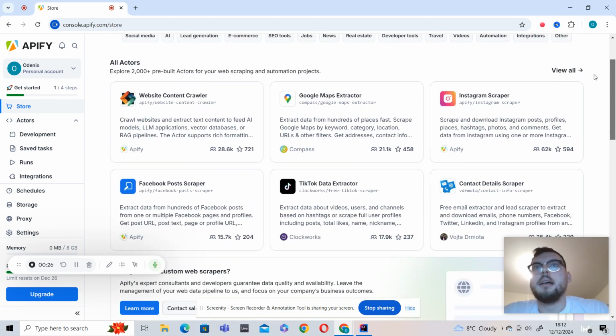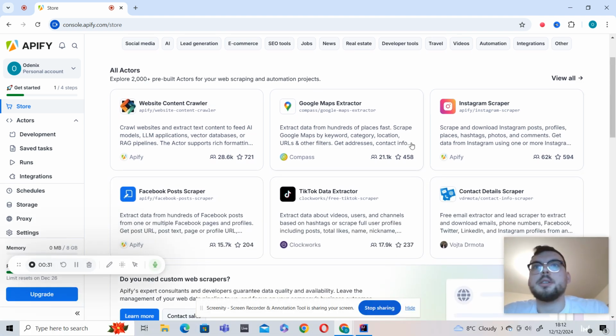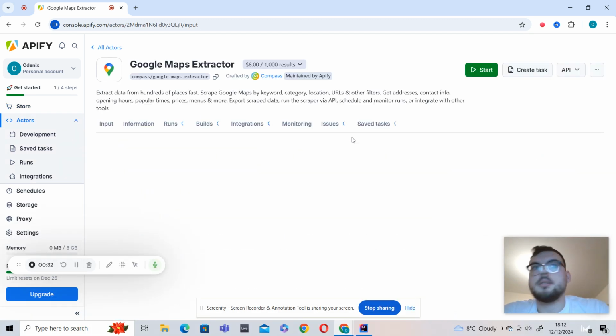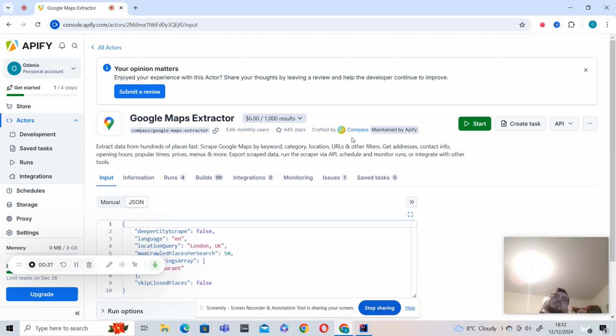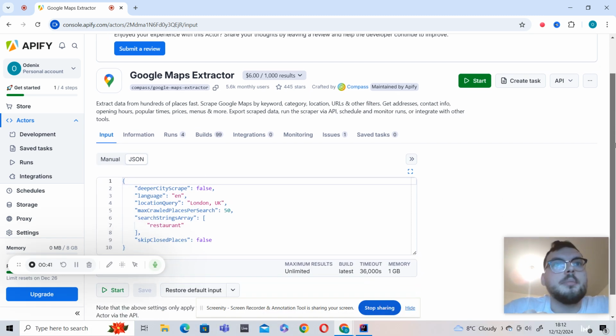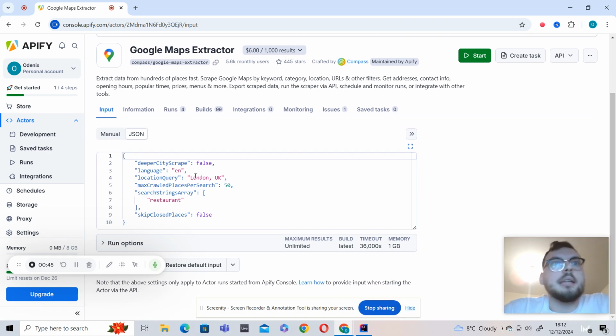Let me have a look at one of the scrapers and just see what we can do. So we'll have a look at the Google Maps extractor. It will cost $6 to do 1,000 results. So I won't do 1,000 results today, but we'll see what we can do.